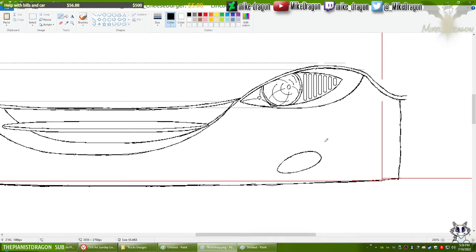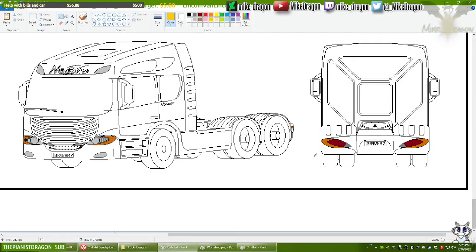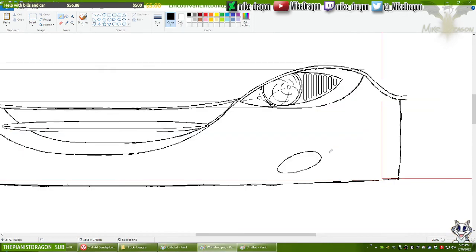Even still, I would not trade this case for another one.